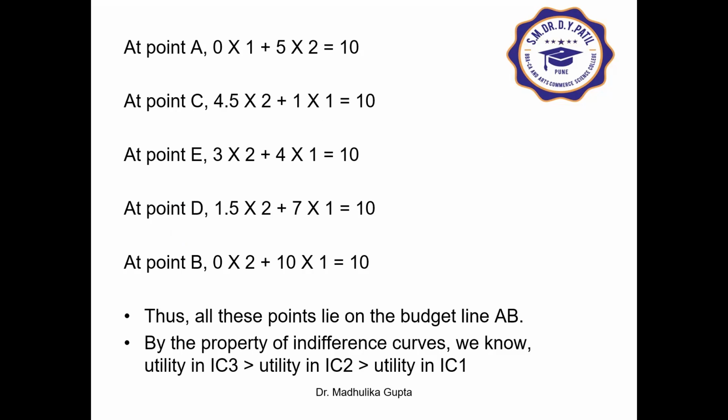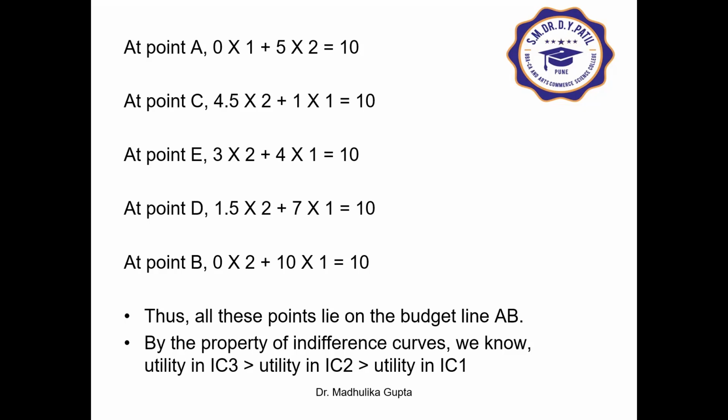By the property of indifference curves, we know IC3 has greater utility than IC1. So this is how we can find out the best possible combination and consumer equilibrium. A consumer can have any combination of goods that lie on the budget line except for the combinations A and B, because in either case he would only have X or Y. So the consumer can purchase combination C or D, right?